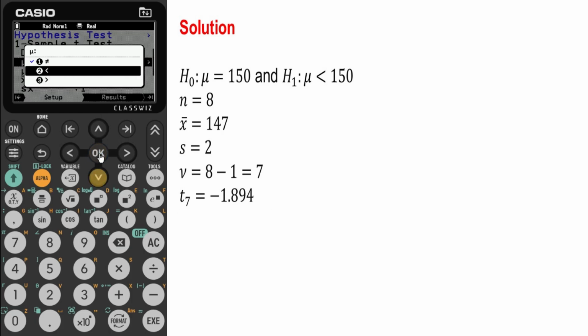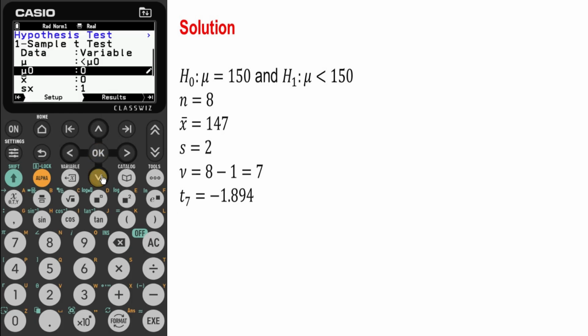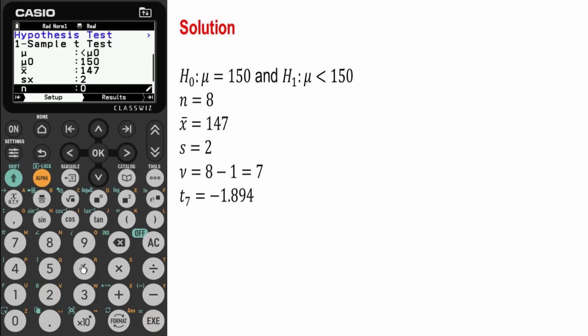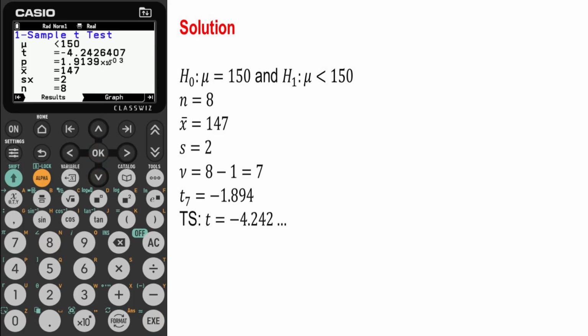We have a lower tail test. We have 150, 147, 2, 8, and if we execute, we see the test statistic is equal to negative